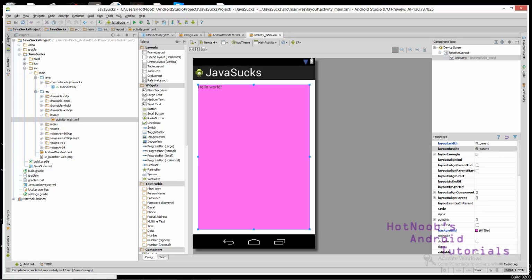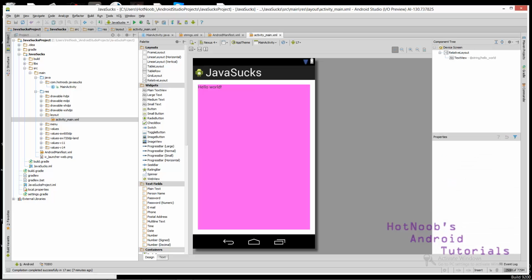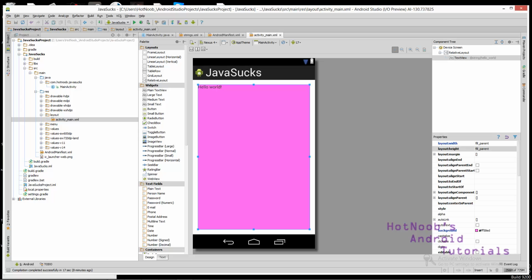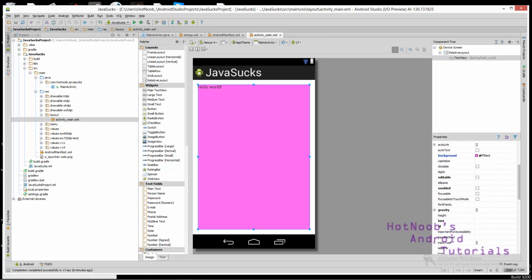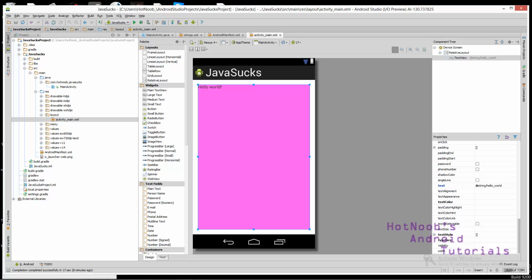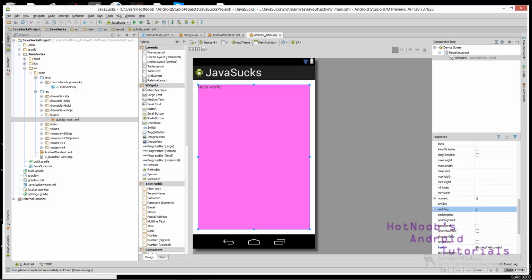So I guess the application isn't really that blank. Like, there's this Java sucks thing at the top there. We gotta be able to get rid of that bar somehow. We'll figure it out in the future. I'm just thinking ahead. And let's add some padding to make this a little less ugly. I know pink's not the best color, but I like pink. It's ugly though. I just like using it in videos. Okay, I'm gonna set this to 5.